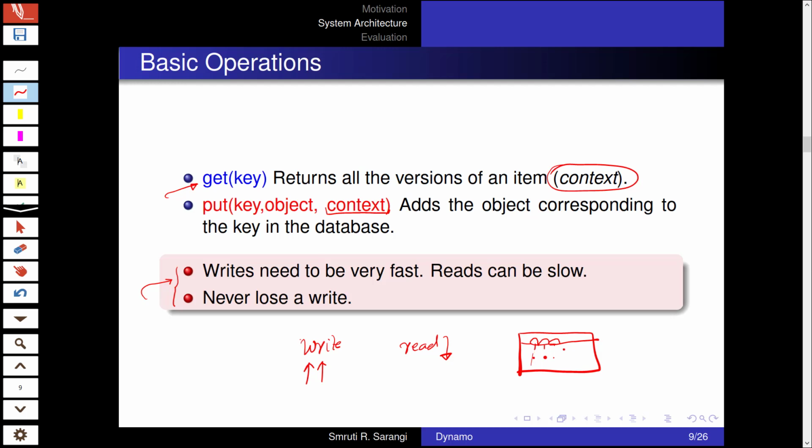And I might close the browser in the middle. I might then open up my Amazon site on my mobile phone. So whatever I'm doing, I never want to lose any write, which means I never want to add something to the shopping cart, or forget my preferences. And the other is that we always want to record a write. So writes are not on the critical path, but that's the reason we want to quickly record them.